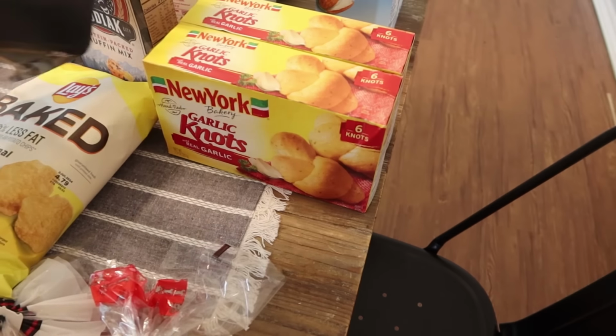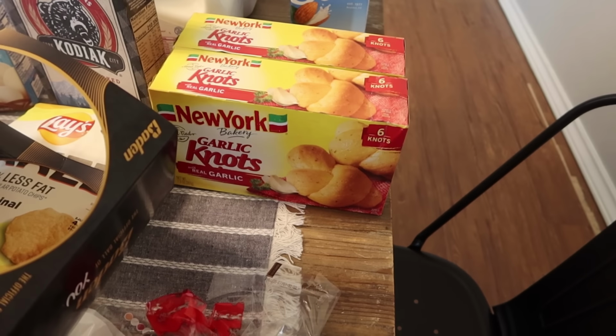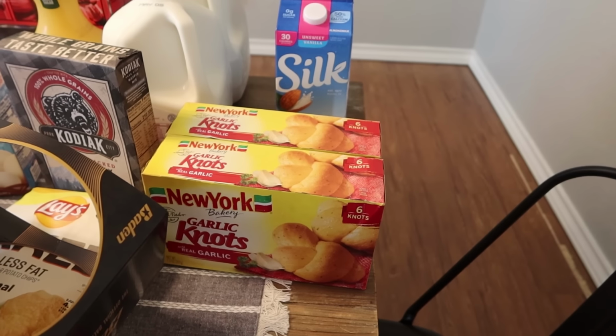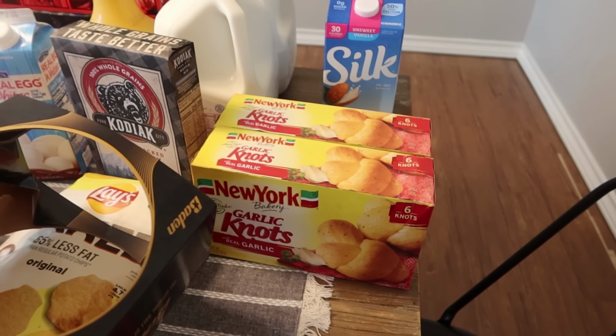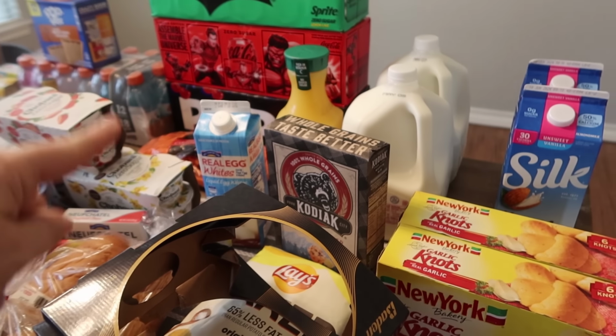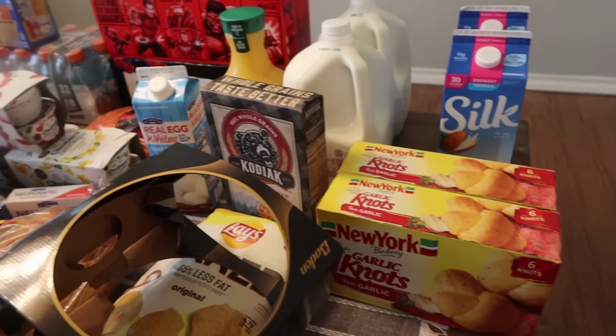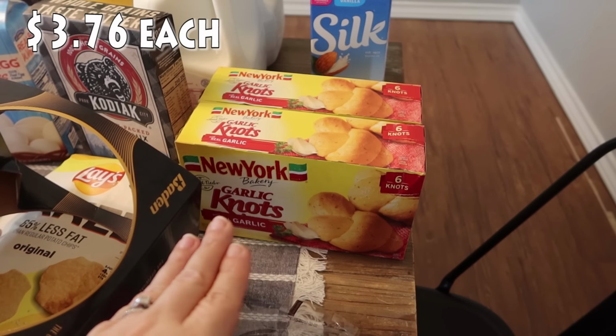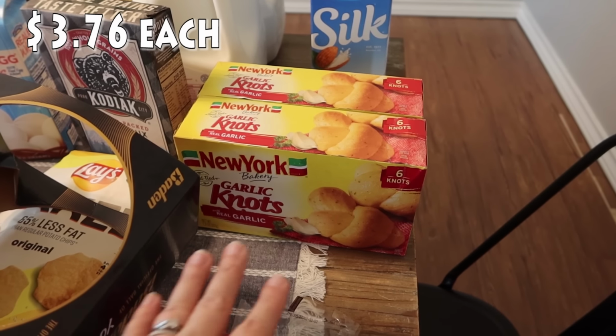All right, what is this going on the side of? Oh, we're gonna have some cheeseburger soup for dinner one night. And we had pretty much everything. I am gonna be using some of the carrot sticks for that. Carrots are in there, and I think there may be celery in that too. I can't remember now. But for the majority of the stuff we already had on hand for that,